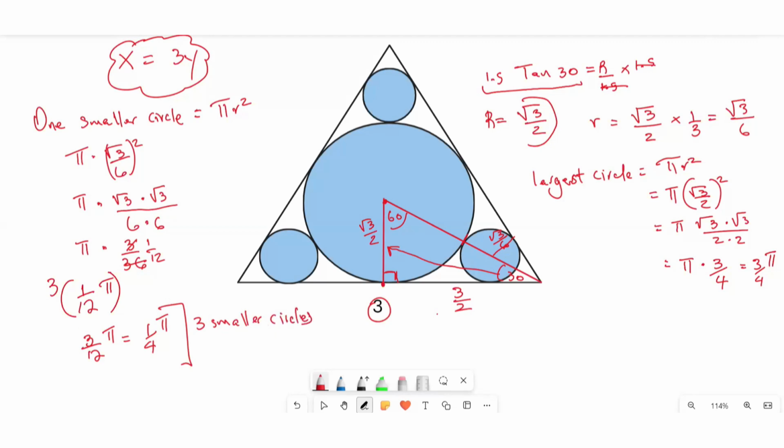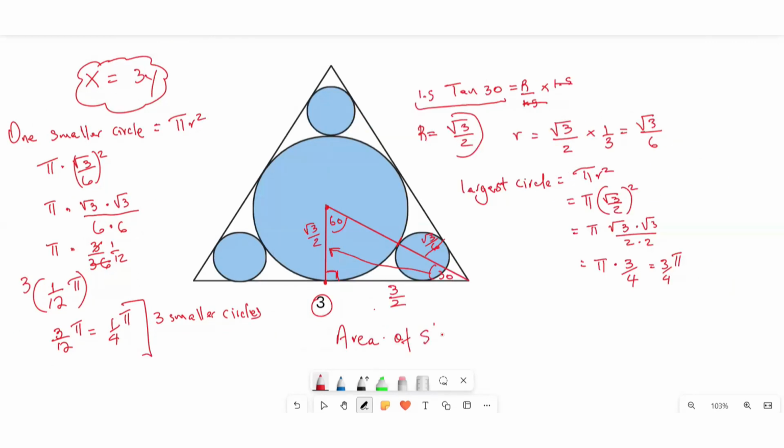So let's add everything together now. The area of shaded is equal to 3/4 pi plus 1/4 pi. And that's going to give me 4 over 4 pi, which is just